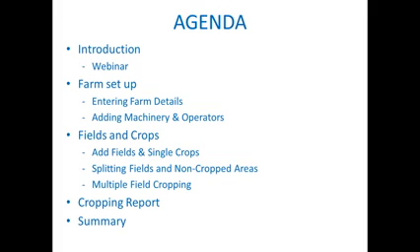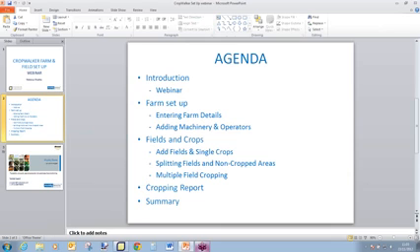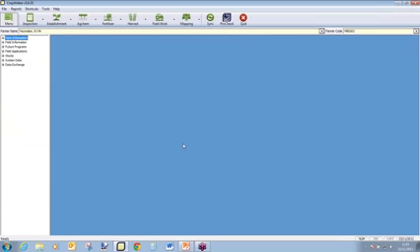Okay, so to move on to farm setup and entering farm details, if I open up CropWalker now, when you open up CropWalker, you'll see this blank blue screen, then on the left-hand side a white panel with menu options. So to add a farm, if you click on the plus sign next to farm information and then click onto farm details,